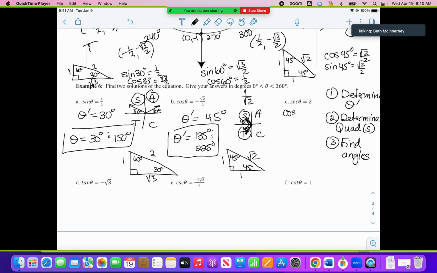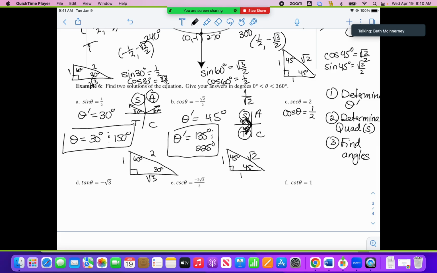Okay, we know that secant and cosine are reciprocals. So this is what I do, and I love math. I love algebra 2. It is so much fun. And so what you want to do is look at this as a game or a puzzle or a mystery. When I first look at secant theta equals 2, I don't know what to do. So then I talk to myself and I say, okay, what do I know? I know secant and cosine are reciprocals. All right, now,